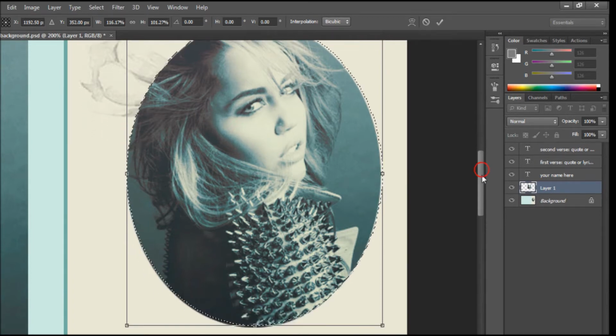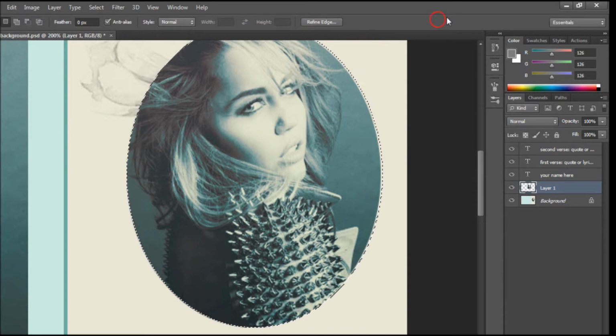Sometimes you have to move it back and forth. As long as you get pretty close to it, then